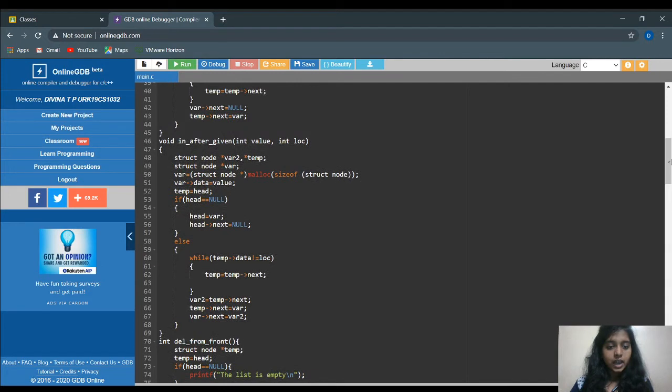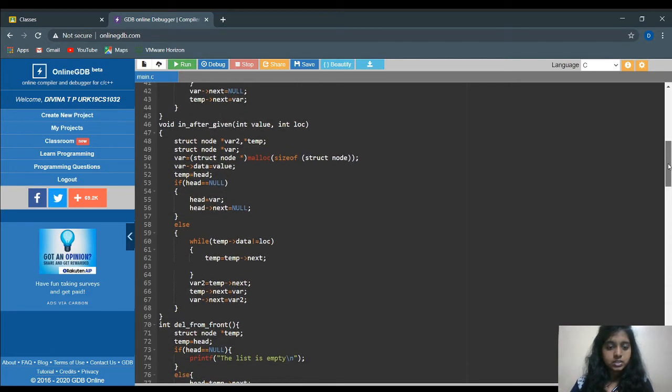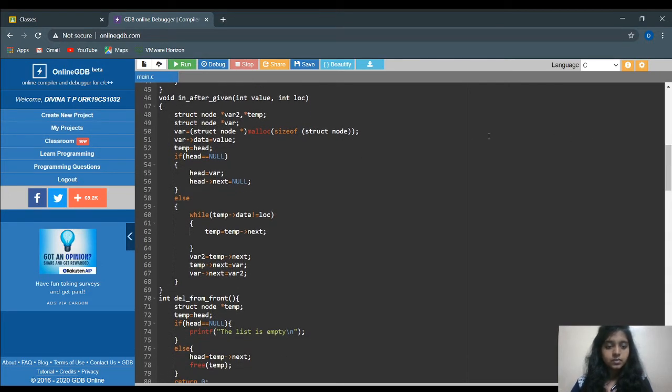Next, void in after. What this function does is it will ask for your element to be inserted, and it will ask after which element the given element should be inserted. For this I have given this function. In this I have given an if part and an else part. If head is equal to null, this part will be executed.